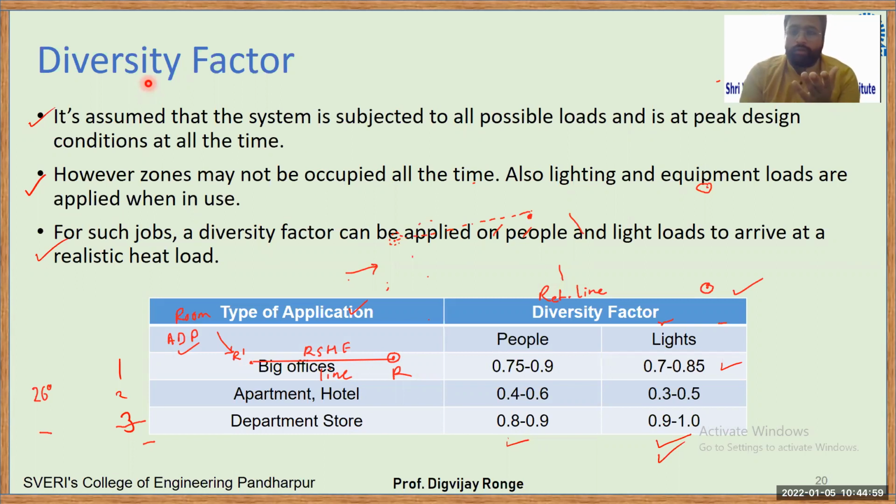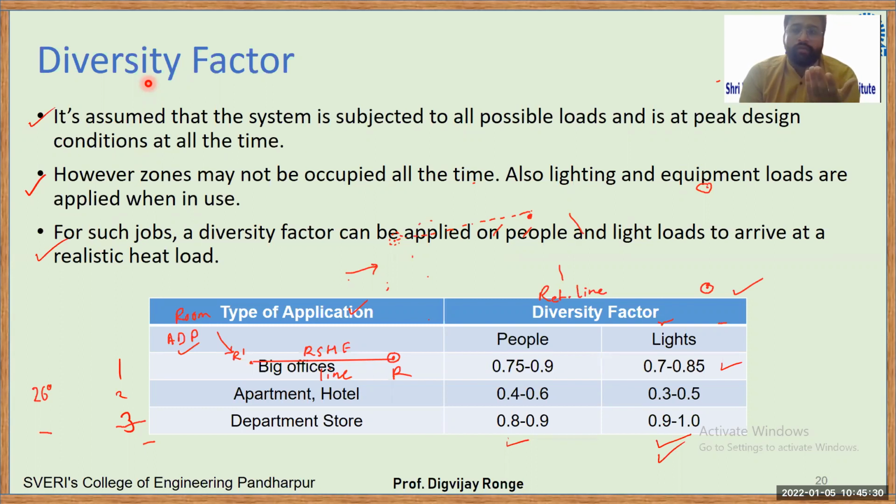What I said is that if you are designing a system for summer condition, we have to take peak summer condition. So let us say for Solapur region, peak temperature reaches 45 degrees Celsius and 30% RH. Okay, so this is my peak condition. I have to design a system considering a peak condition. Why peak condition? By our bad luck, if such a situation comes, 45 degrees Celsius, we should be well prepared for that, right?